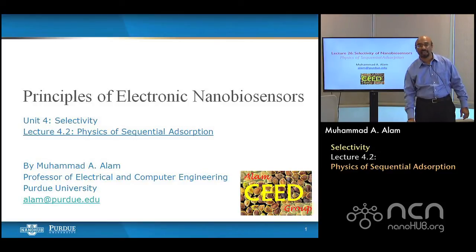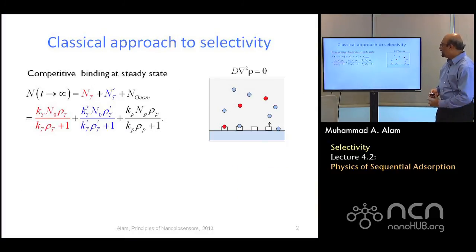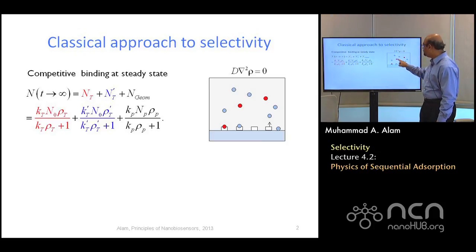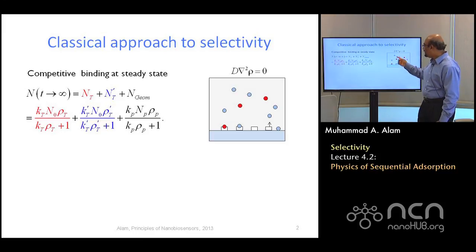Let me tell you about a second sensor selectivity problem that is again fundamental, and we have to work with it. Recall that we had this target molecule that we really want to capture, the red molecule. This is a correct conjugation. The red molecule has been collected by the correct sensor, which is the signal we desire. It turns out that if you have a lot of blue parasitic molecules that incorrectly bind to the sensor, that gives me a false positive. This is something we discussed in the last lecture.